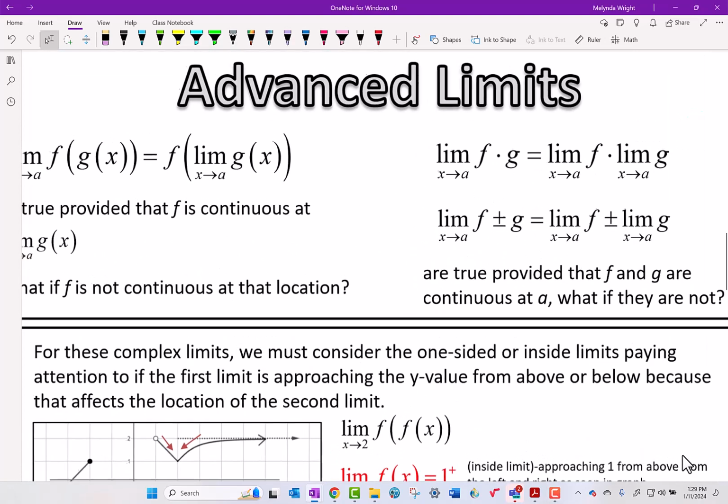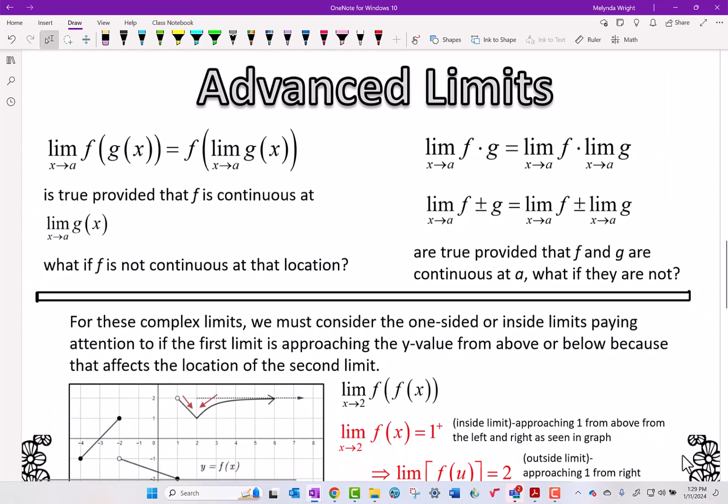All right, so let's take a look at our lesson for today. We're going to be looking at a topic called advanced limits. These are really complex limits. I know you're excited about that, right? More exciting limits. Okay, so let's look at the two different types, really, I guess technically three different types